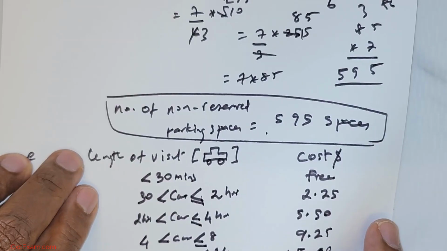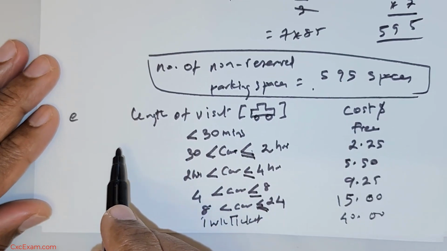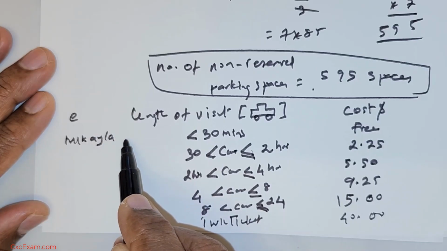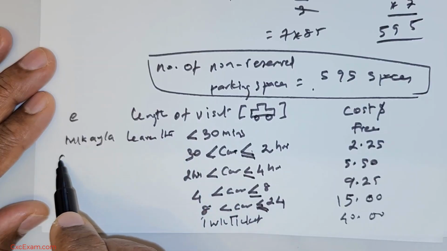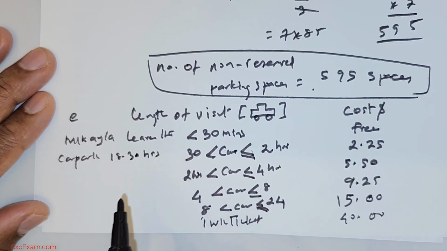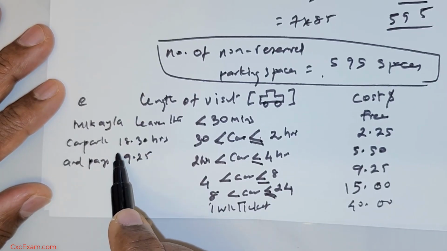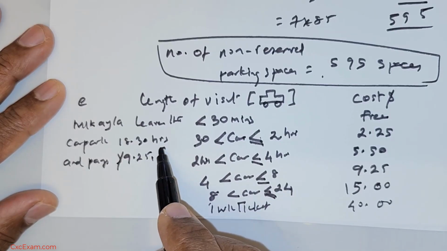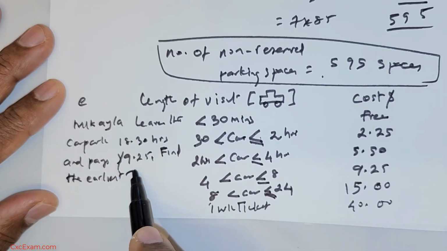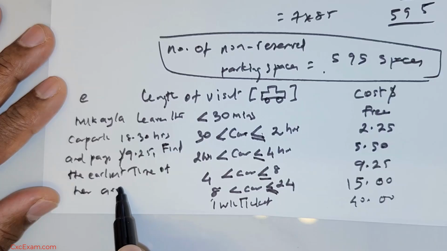Now, having given you this chart, this is the question they are asking. Let me write the question at the side of this chart. It says Michaela leaves the car park at 18:30 hours and pays $9.25. Now we are asked to find the earliest time of her arrival